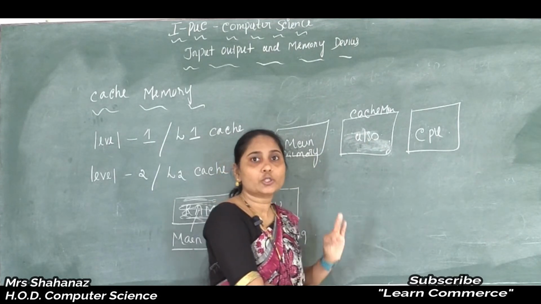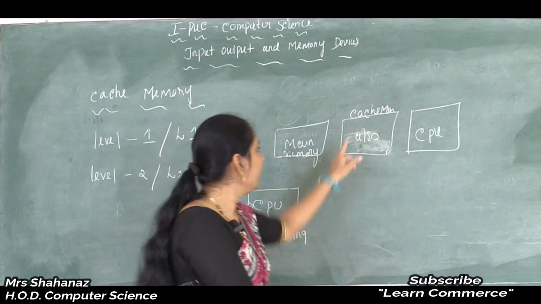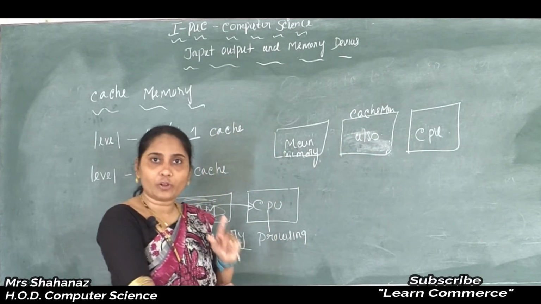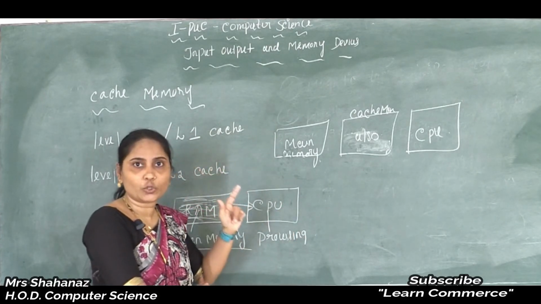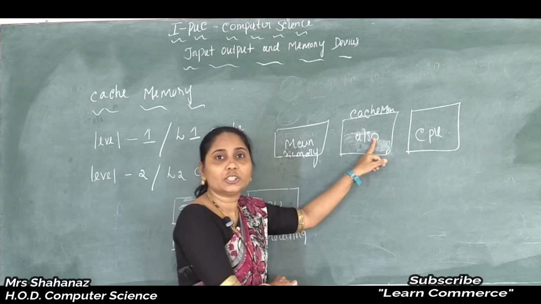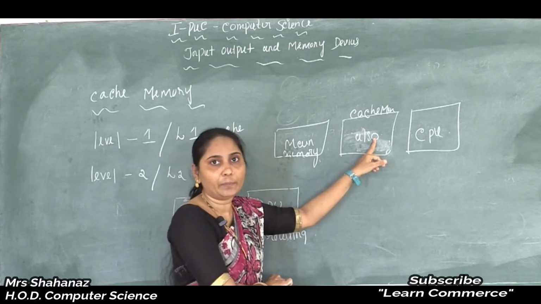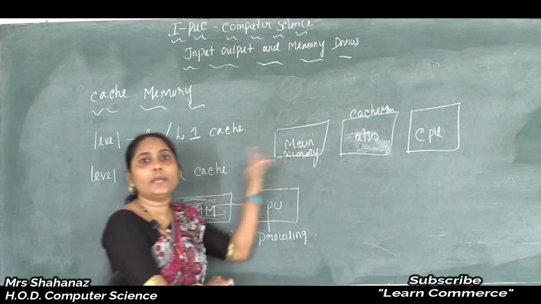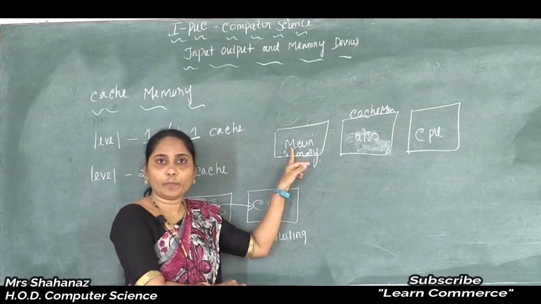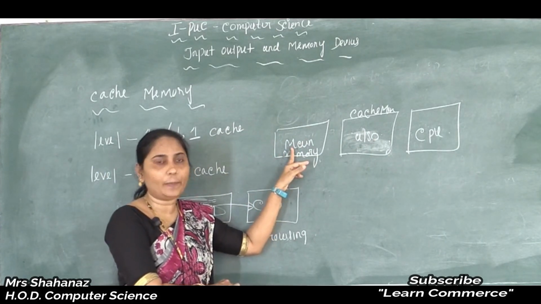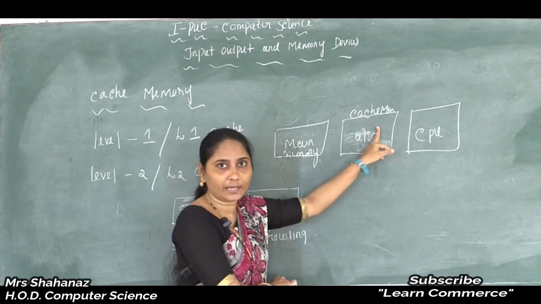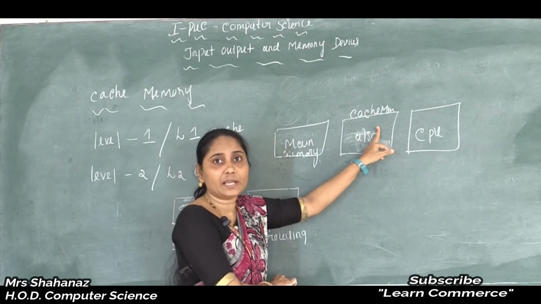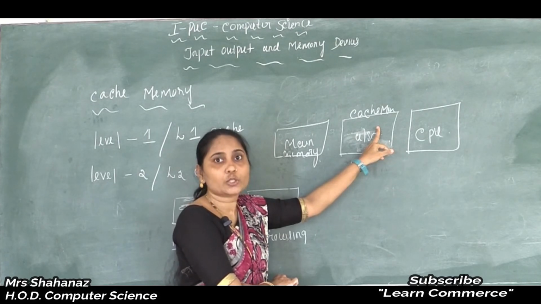Clear this point here? So it is going to load one copy of the data in our cache memory here, because next time if it wants to find the same data, the CPU just collects the data from the cache memory. So it saves the time needed to load the data from the main memory. We know that our main memory is also fast, but when you compare main and cache memory, the cache memory is much faster. Correct? So if it is much faster, there is no waste of time in this case. So it saves the time.